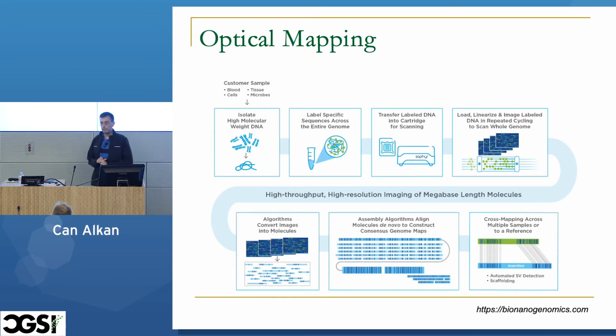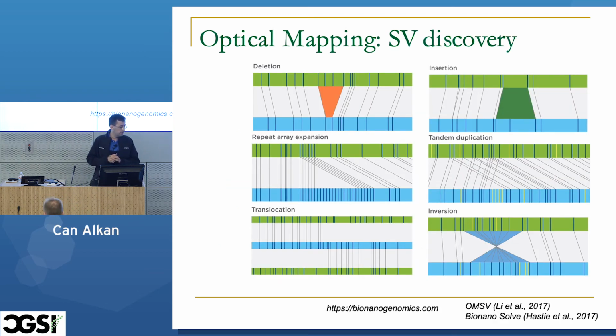The last technology that I'll briefly mention is not sequencing at all. It's called optical mapping. What you do is, again, you start with high molecular weight DNA, and then you use labels. You label those segments that are 6 or 8 base pairs long with different fluorescent molecules, and then you scan. Since you know which small motifs you are labeling, you can also find their locations in the reference genome, right? So here, for example, the green part is the supposed locations of those